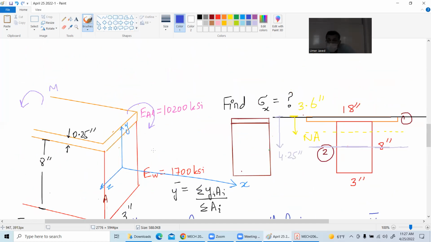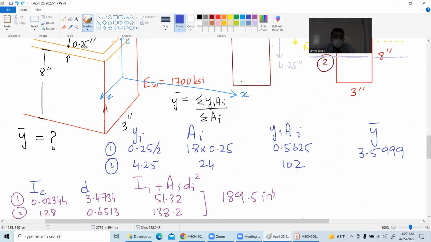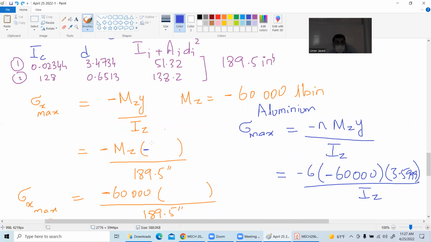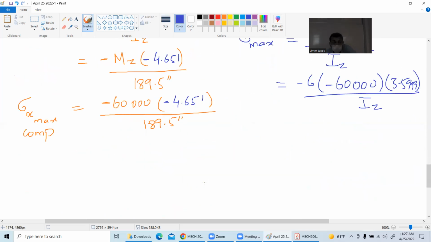So I will go from this yellow line all the way up to the bottom. Okay, that is confusing. 4.25 plus 4 will bring me here. That is 8.25. 8.25 minus 3.6 will give me the distance from the neutral axis to the bottom. So 8.25 minus 3.6. Okay, 4.65 is the right answer. Very good comment. So I'm getting a